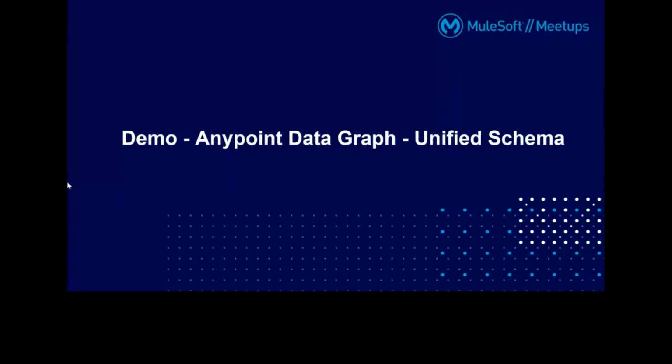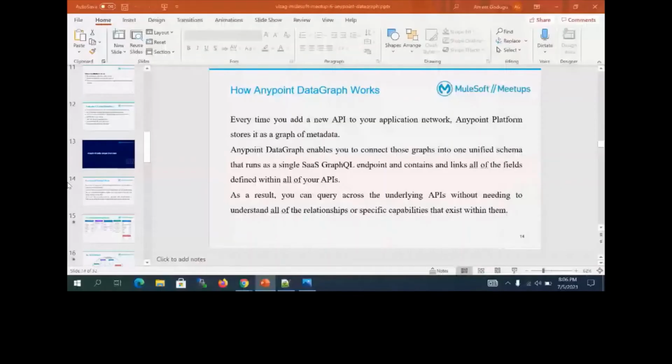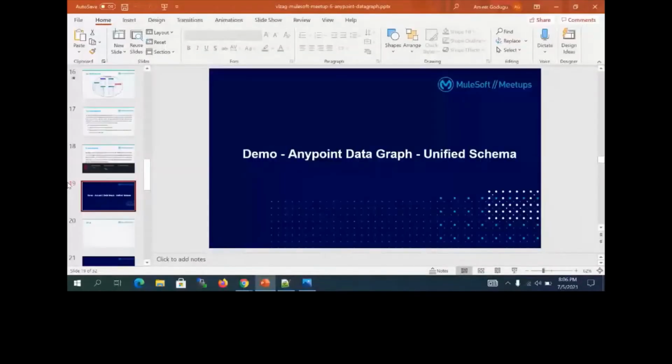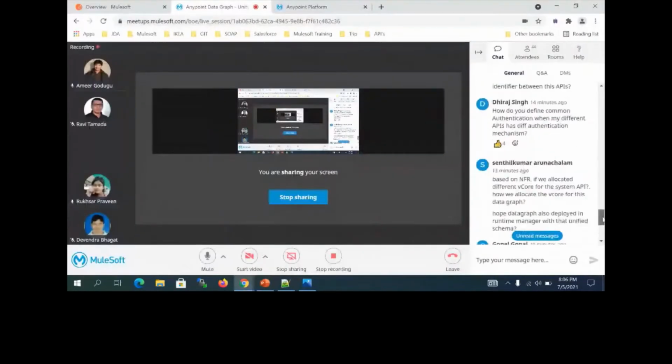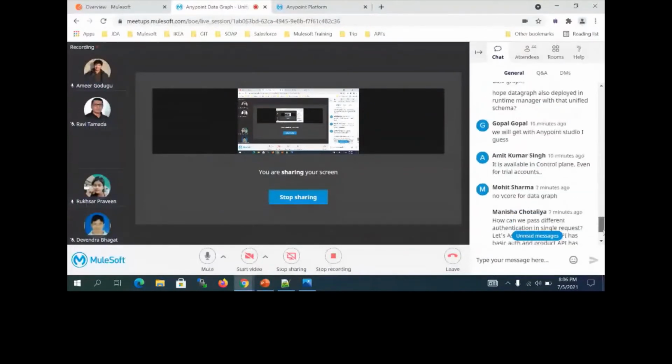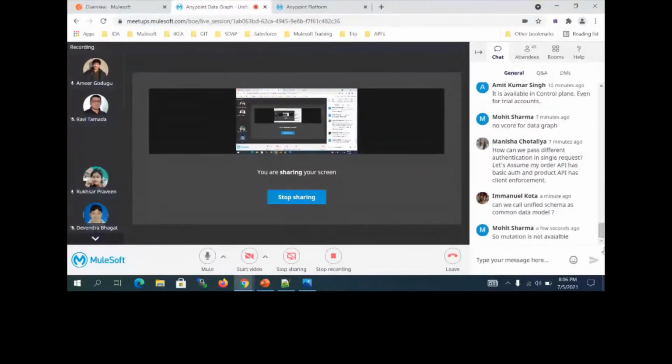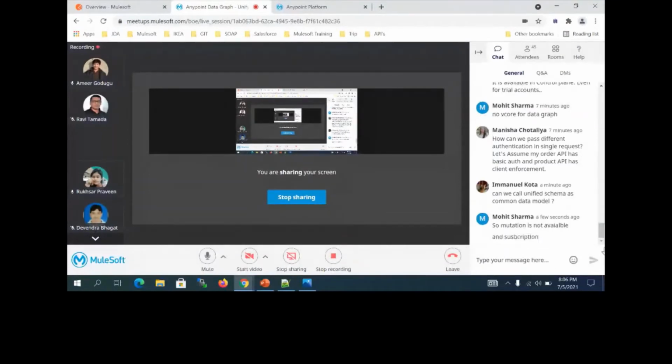Any questions before I go to the demo? There is one question from Manisha. How can we pass different authentication mechanisms? I answered that already. The customer API may be exposed so that we can access it using client ID and client secret.